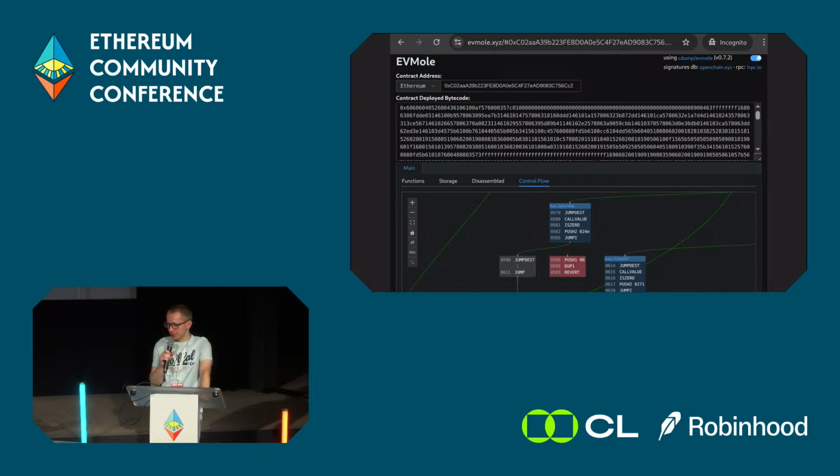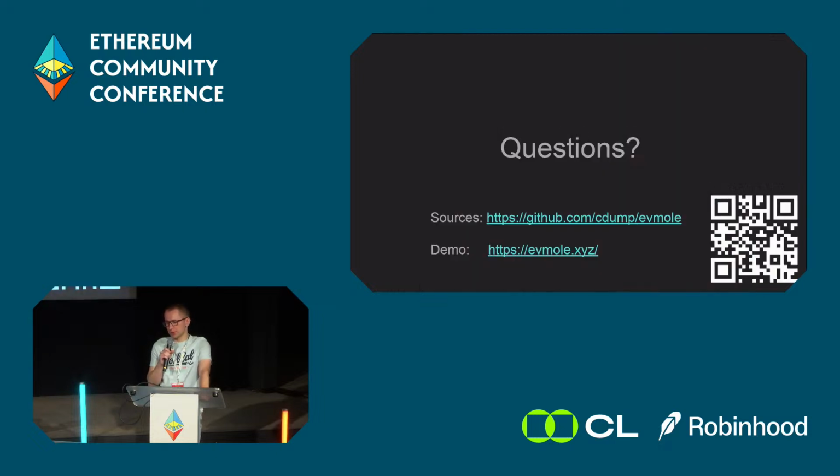You can play with it and move it around to try to understand the contract logic without the source code of this contract. And again, these are the sources on GitHub, this is the demo website, and this is the QR code to the demo